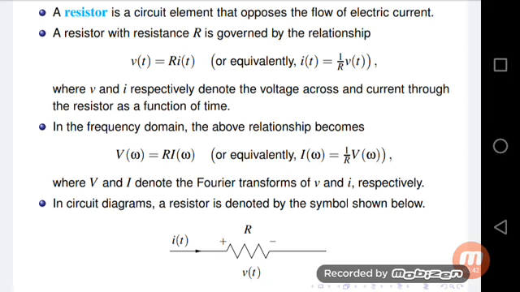How much of the current will be opposed depends on the range of the resistor. There are many types and many ranges of resistors: 1k, 2k, 3k, 1.5k, 100k, 11k, 15k, 3.3k, 270k. So these are the different ranges of resistors. By using this resistor, one of the major concepts is balancing the flow of current in the circuit.